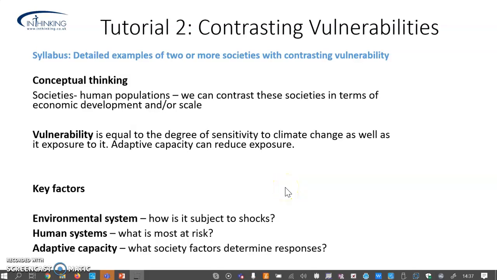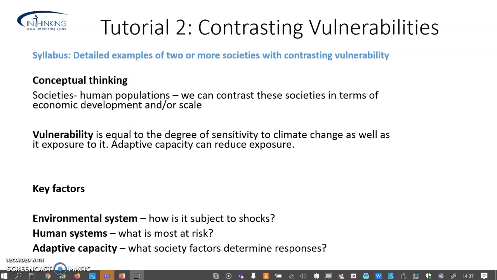So for this tutorial, they're looking for some detailed examples of two or more societies with contrasting vulnerability. These are not full case studies, but they are quite detailed place examples of where vulnerability can be seen in their societies. I think it's an interesting thing just to stop and think, well, how do we develop